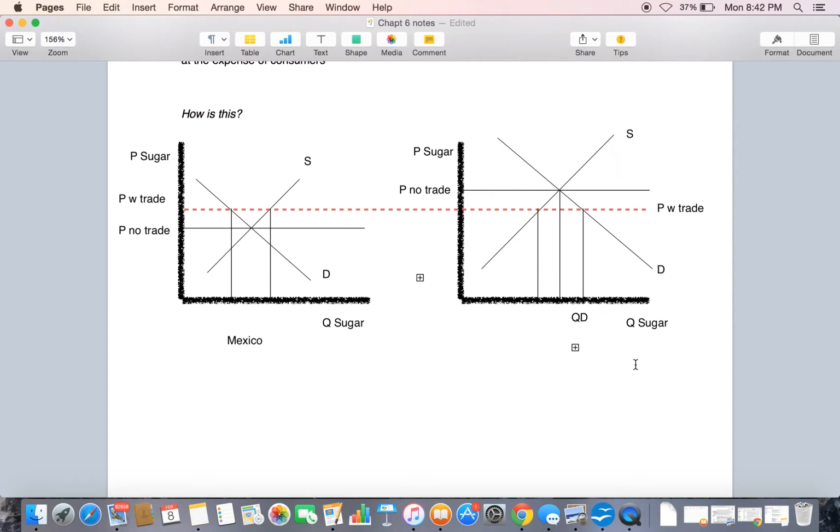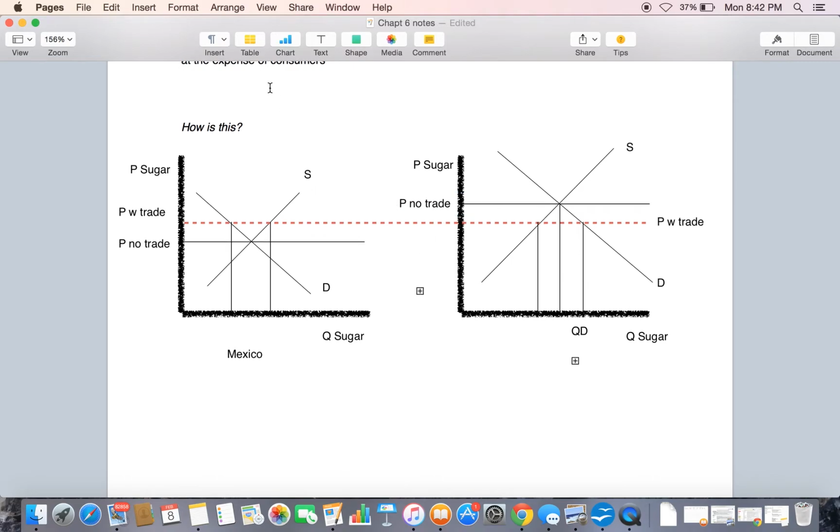Now, let's take a look at the concept of protectionism. So we know that when we have no trade, we can also analyze that situation as a situation where the price with trade plus the import tariff would equal the price with no trade. So with protectionism,